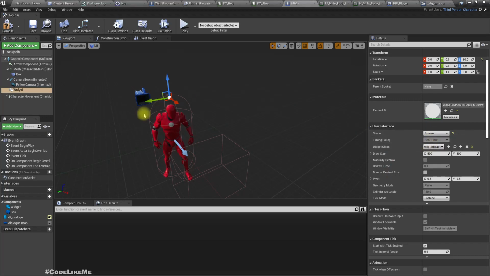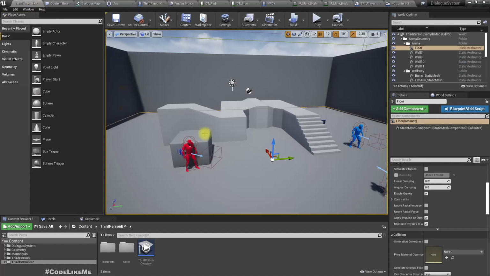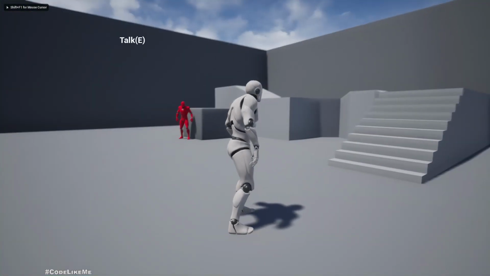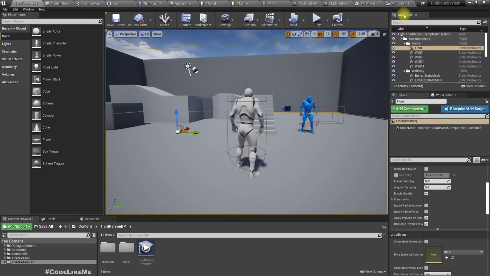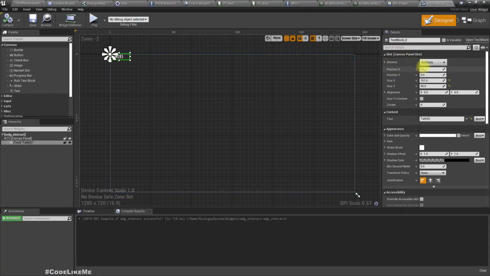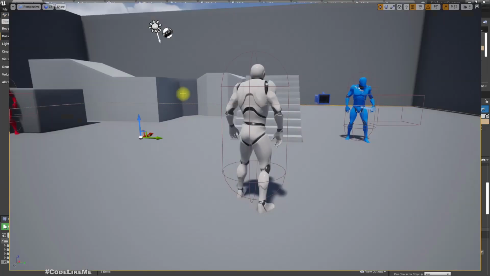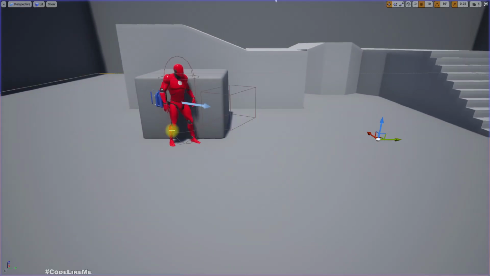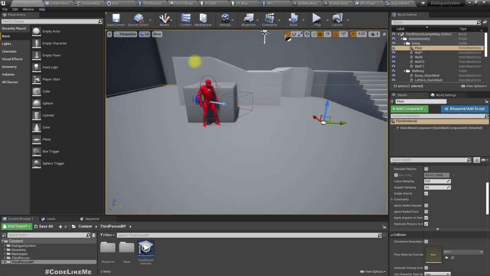Space, I'll set screen space. Now let's see how it looks. Oh, we can't see it. Oh, it's over there. So I think we need to center this. Yeah, but it should appear only when I can interact. So